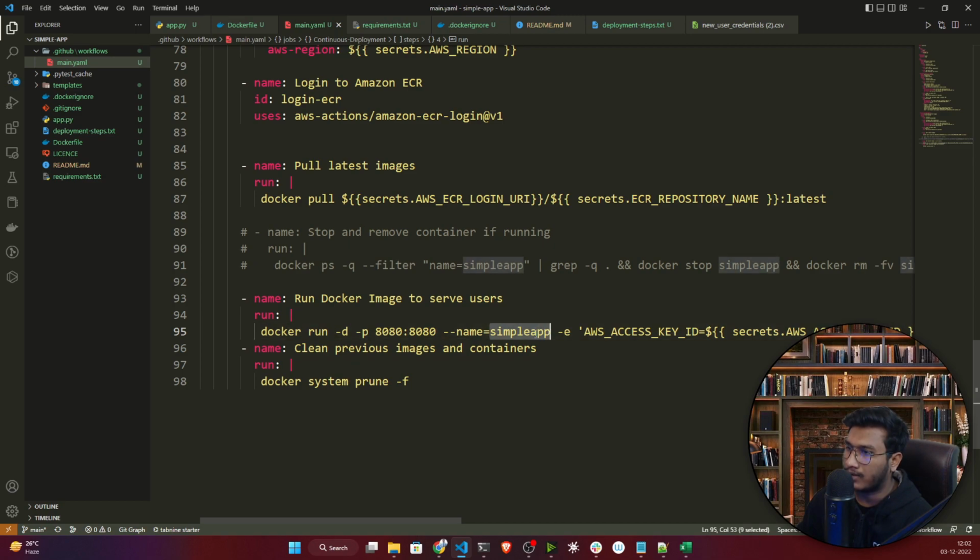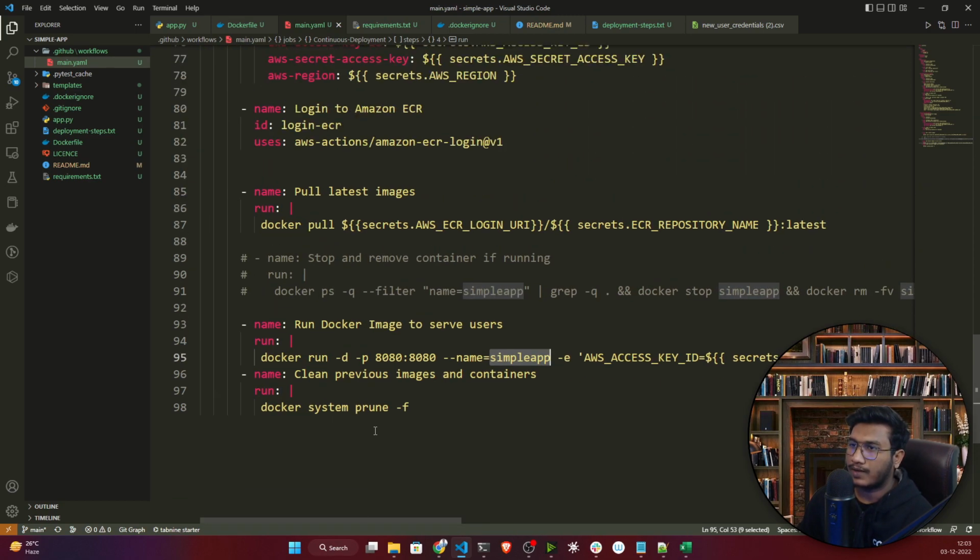You can change the name according to your choice, with respect to your projects. I have given a simple app, and you can provide your own name here, otherwise it's fine. Now everything is done. Here I have commented one line, because whenever you push the code, first